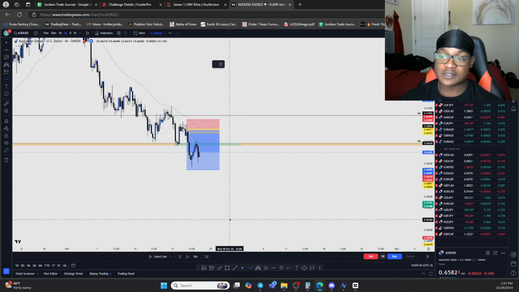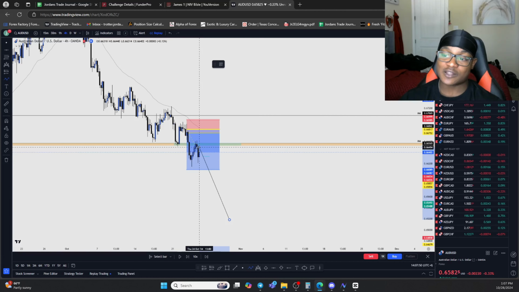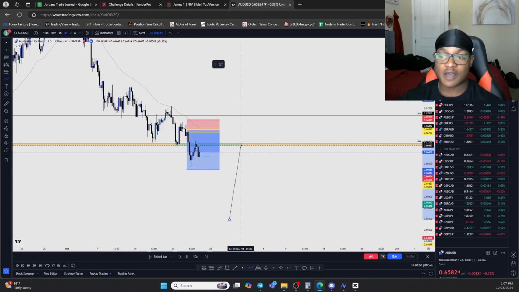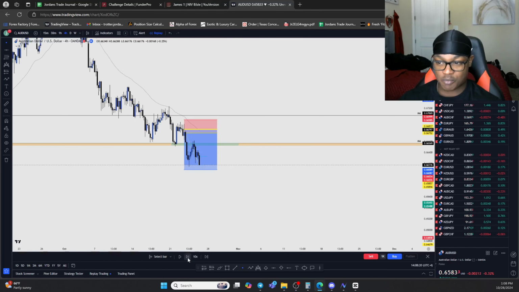Why? Because simply since we're on the higher time frame, we had the break of structure, we had the retest of structure, and again you can see the beautiful bearish engulfing past this previous bullish candle. That gave me enough confirmation, letting me know that price had enough momentum to continue towards the downside. So now just continuing with this trade, you can obviously see how price is still moving